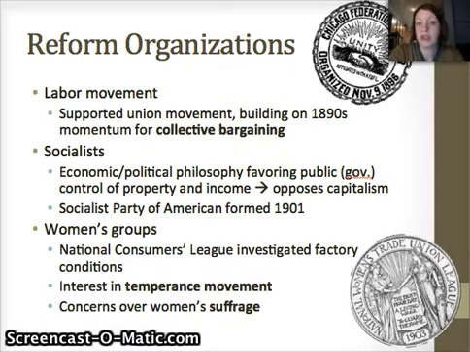So this group, much like Upton Sinclair in The Jungle, is really key in investigating factory conditions. If they're the people who are buying things, they want to know what the conditions are in the places where those things are made. Women are also very involved at this time in the temperance movement, which is interested in prohibition, and they're just beginning to be interested in women's suffrage, which of course is the vote at this time, although women will not receive the vote until several years later when we get more into the imperialist age of American history.